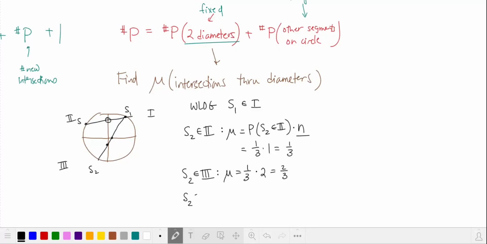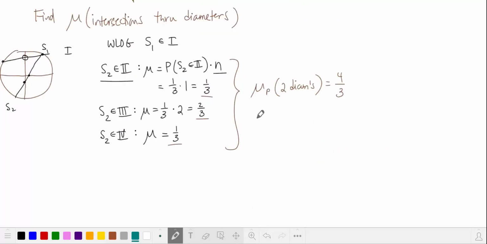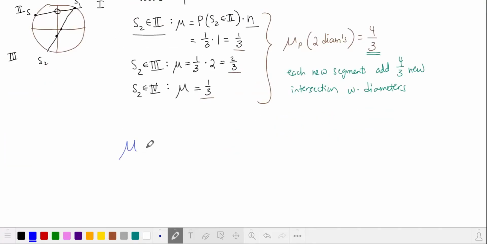Finally, if S2 is in quadrant 4, that's basically symmetric with S2 being in quadrant 2, so this expected value is 1/3. We can add up these expected values, so the total expected value of the number of new intersecting points just through the 2 diameters is always 4/3, the sum of these 3 quantities. This is equivalent to saying that each new segment, on average, adds 4/3 new intersection points just with the diameters. So we're going to add 4/3 for each of the new segments that we draw on the circle. The expected value of the number of new intersecting points between a new segment and all of the other segments, we calculate as